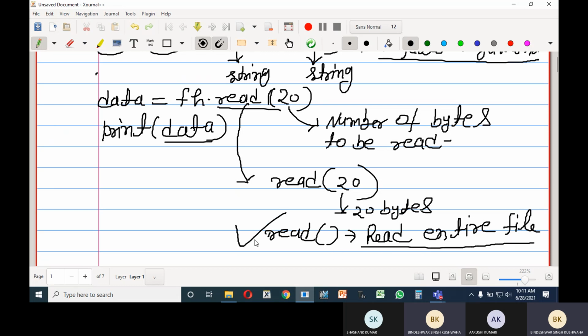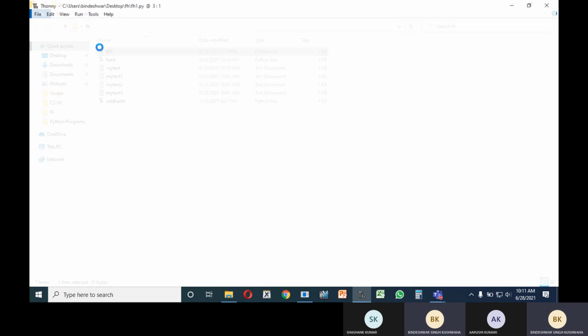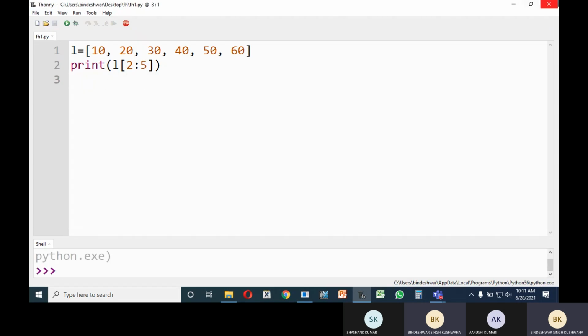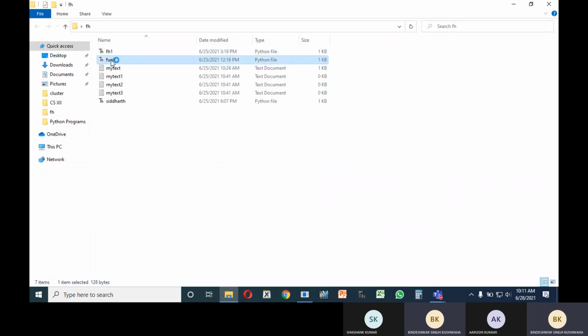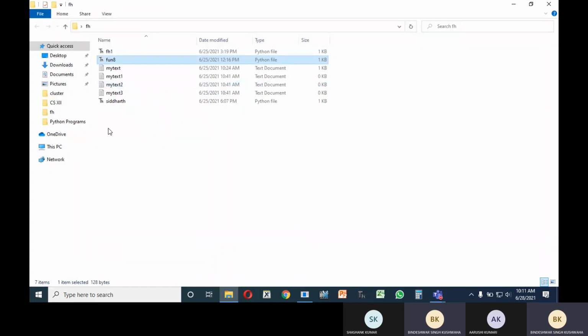So let us see also this one. Now I am going to open the last program. Actually it was fh1, I think I have deleted it. Okay, I have deleted it.